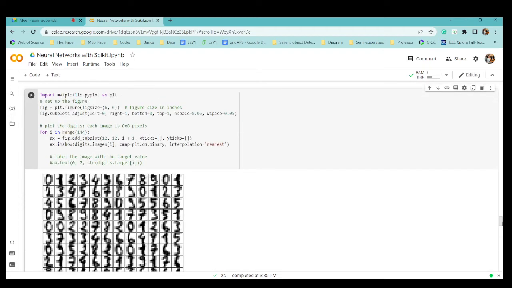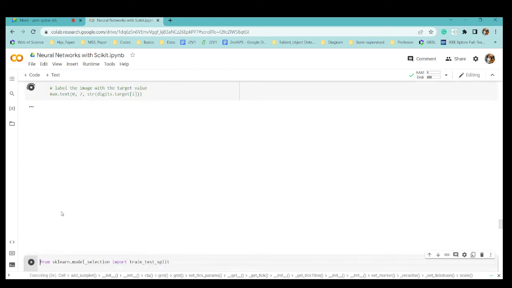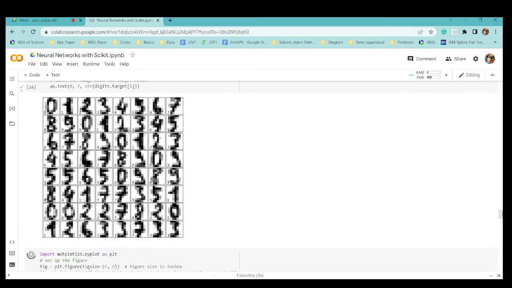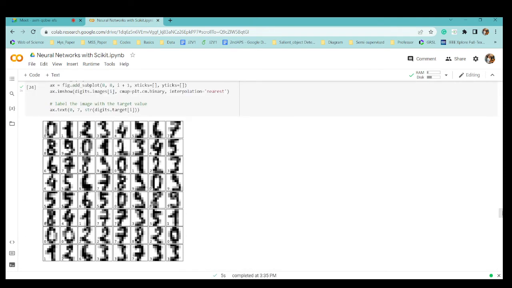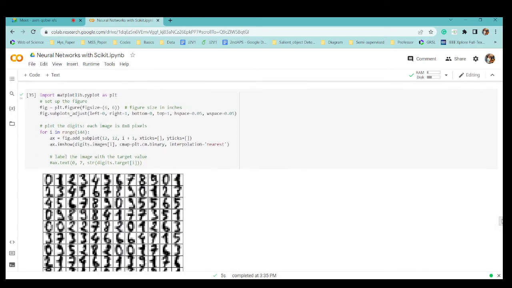Now again we are plotting with matplotlib, and in that I'm dividing it into 12 cross 12. Initially it was 8 cross 8, now it is 12 cross 12, which makes it 144. If you look, it now has 12 rows and 12 columns. We want to see how my data set is plotted in that scenario, instead of the 8 rows and 8 columns that were initially there.